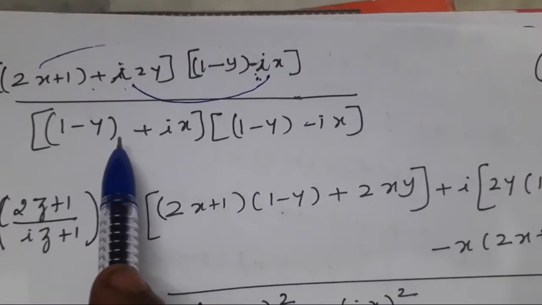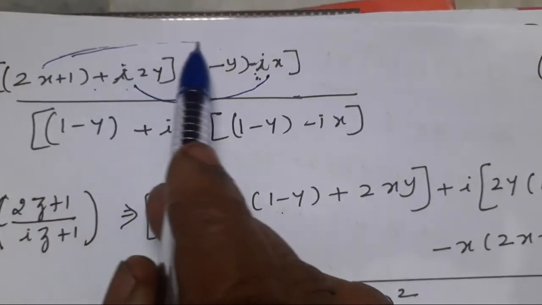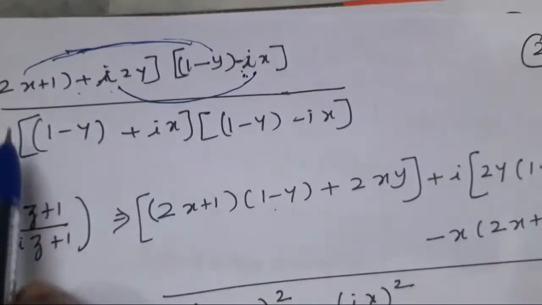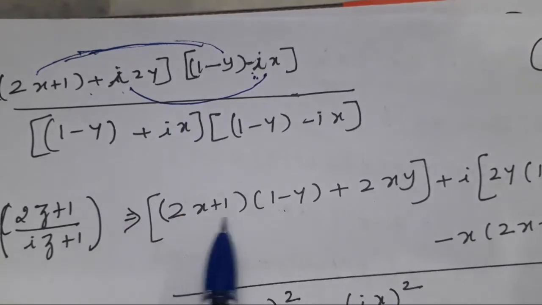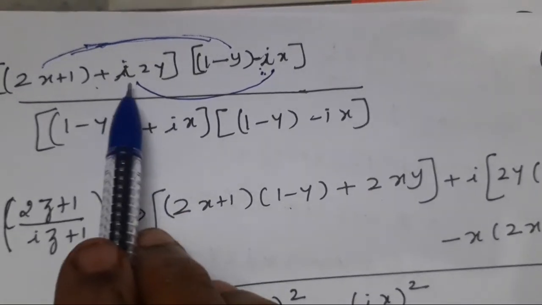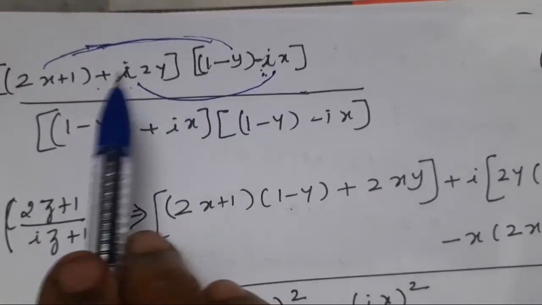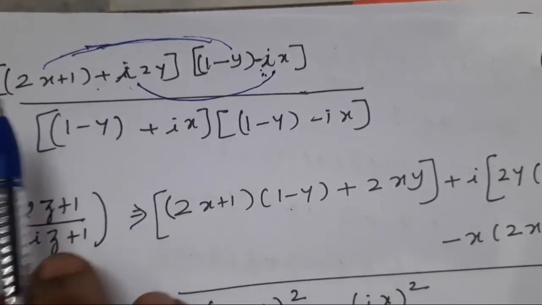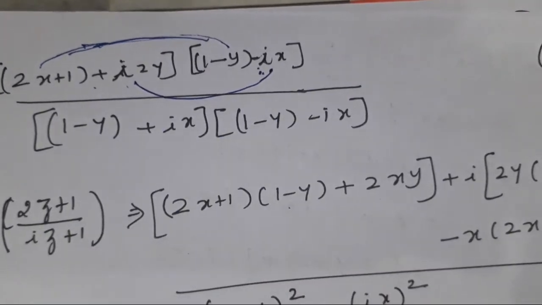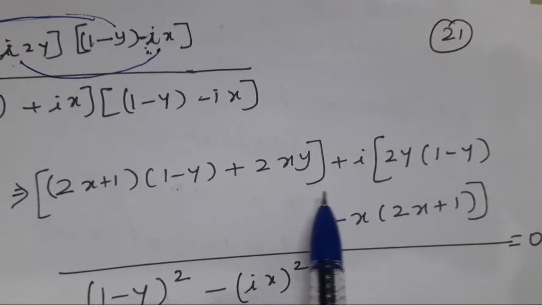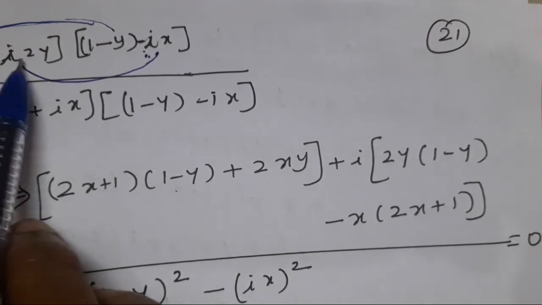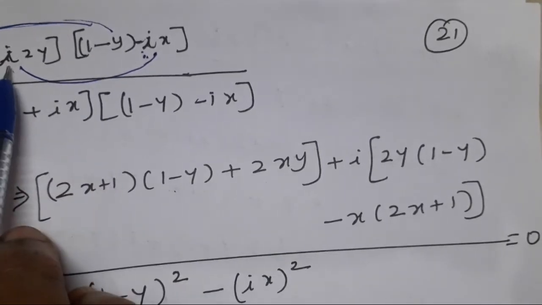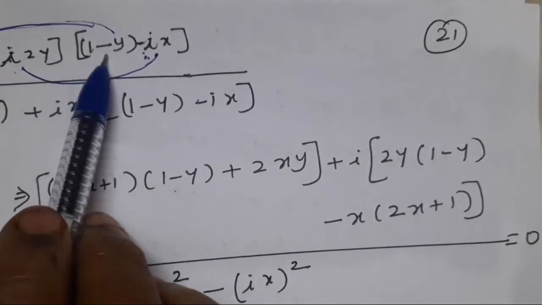Listen carefully, easily. This is a very big bracket, so easily we multiply real part with the real part. Real part is multiplied with the real part: (2x + 1) into (1 − y) is a real part. Again, imaginary part with the imaginary part. Imaginary part is multiplied by i squared, which is minus 1. Already having 1 minus, so we remove the imaginary part. Plus 2 into x, a very easy calculation. Again, plus i into 2y into 1 minus y: imaginary part with the real part. I into, take i common, 2y into (1 − y).